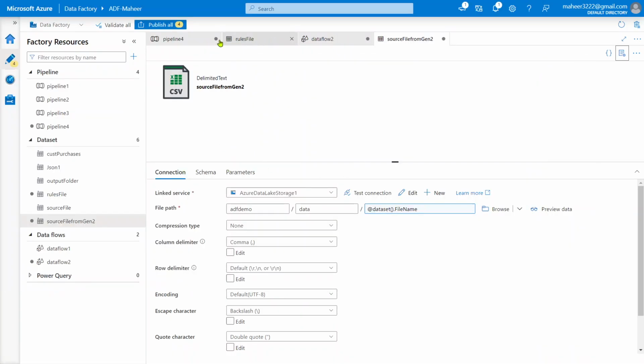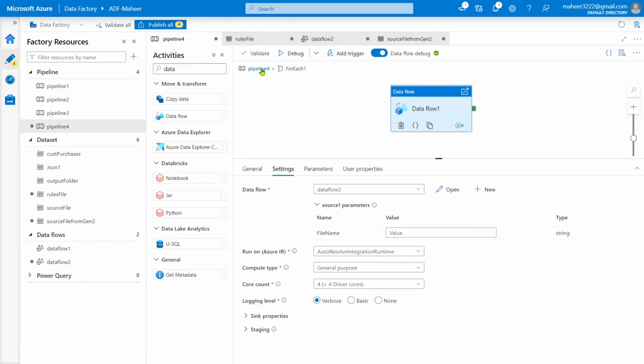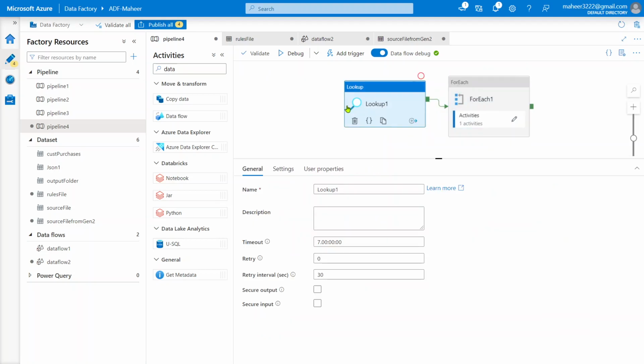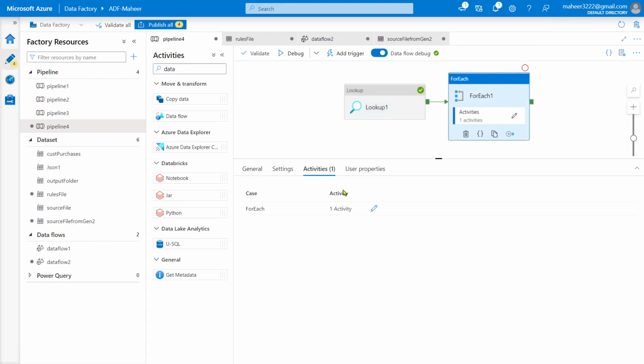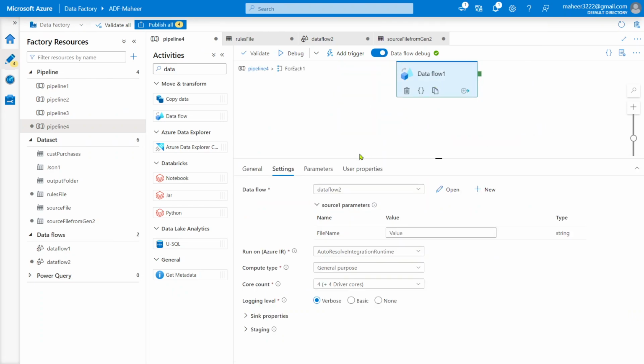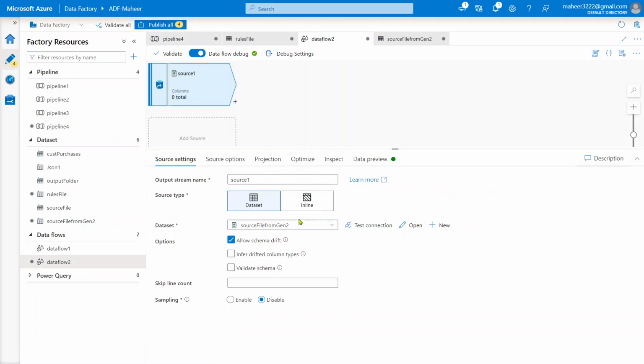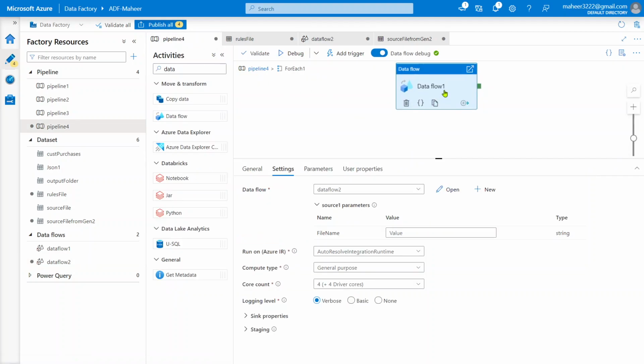Okay, so what I will do, I will go to my pipeline now. See, if I go to pipeline here, lookup activity gets me this value array, and that value array I am passing into my for each. So inside the for each, if I go to data flow activity, inside the data flow I have selected a data set which is parameterized for the file name, right? So that is the reason if you see this pipeline under the data flow activity, it says the same parameter. Okay, so this data flow uses a data set which is parameterized and the parameter name is file name. Please pass the value for this file name.